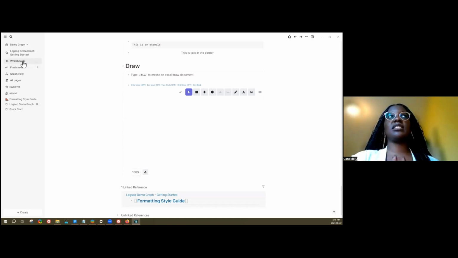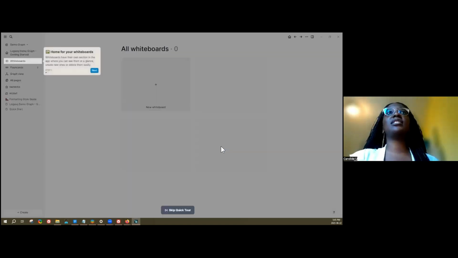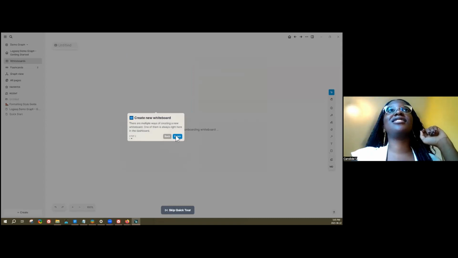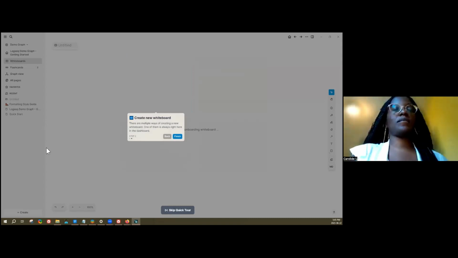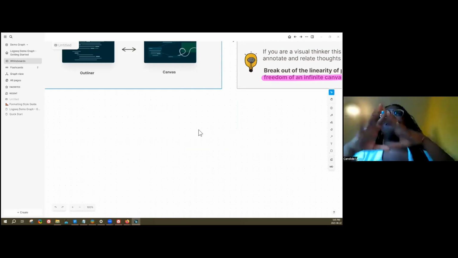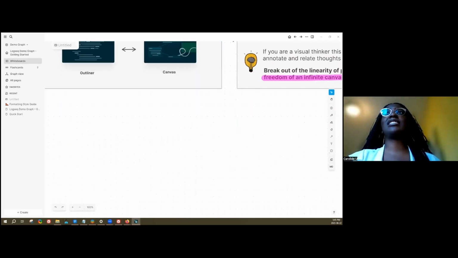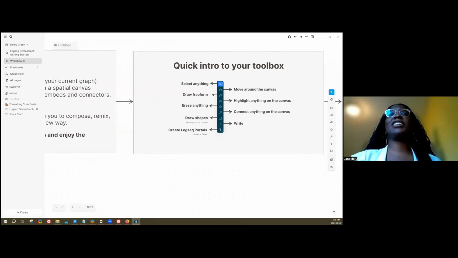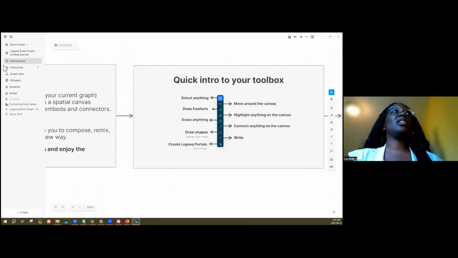And since creating my thesis, they've introduced a new feature called whiteboards. I'm going to click on skip the tour. Okay. Ooh. It's like an endless canvas where you can add blocks and content wherever you want and scribble on it, add arrows, all that kind of thing. So that's a nice feature that, once again, they've added recently.